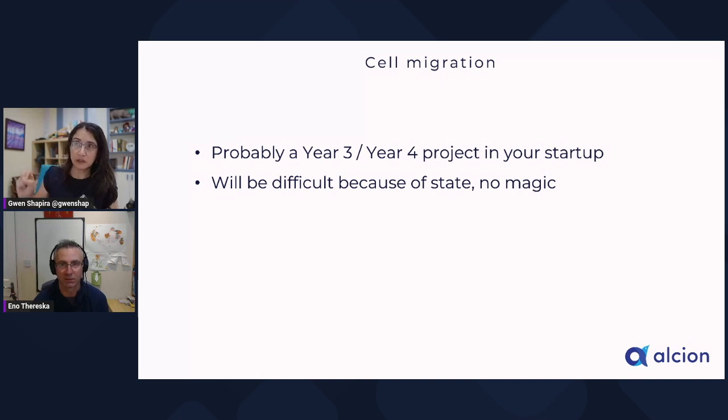The really key thing for that is to keep the cost of a cell near zero, because if cells are expensive, and it's very much architecture dependent, then you are trying to maximize the value of a cell. You'll probably not seal it early enough. You're not going to leave a lot of space for people in the cell to grow, which is super important. Exactly. So these help one another. But yeah, year 3, year 4, if you're done early with everything else in your year 1 and year 2, then go for it.